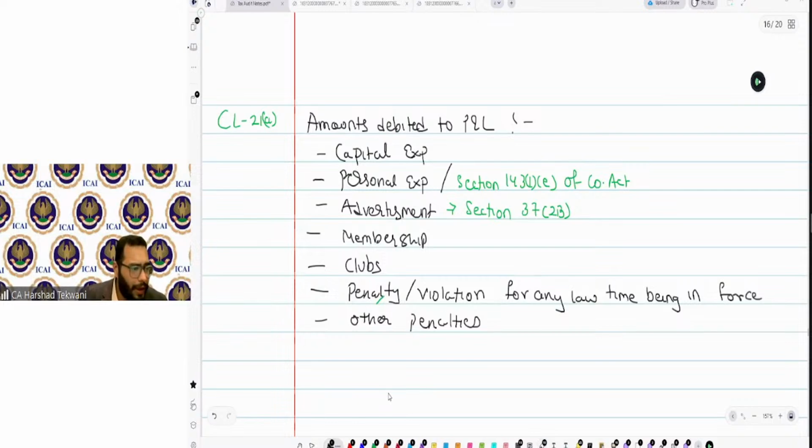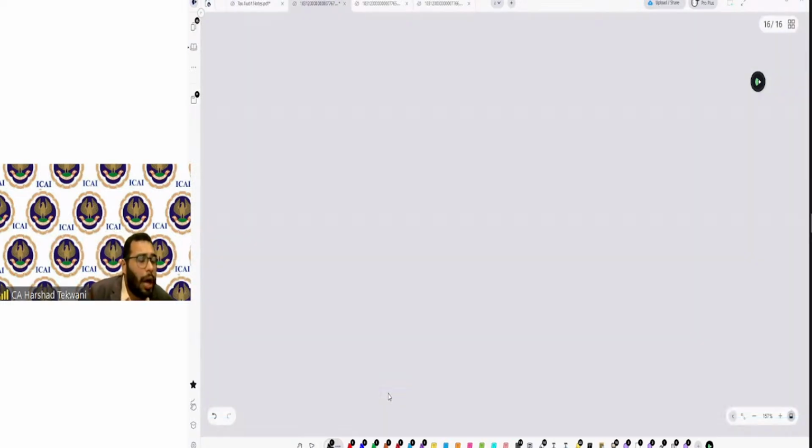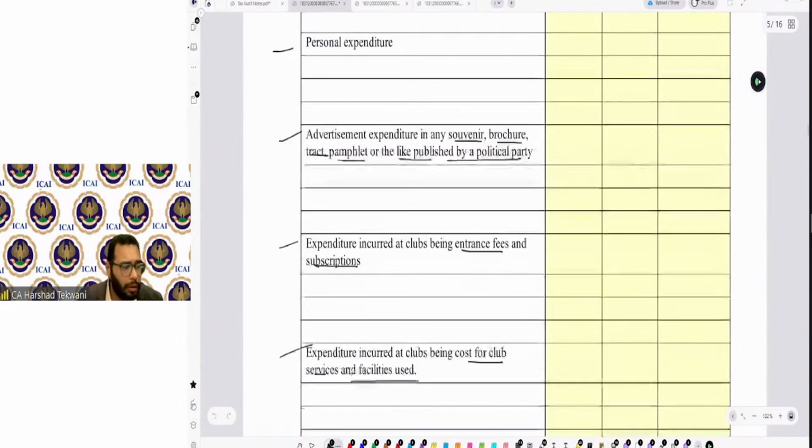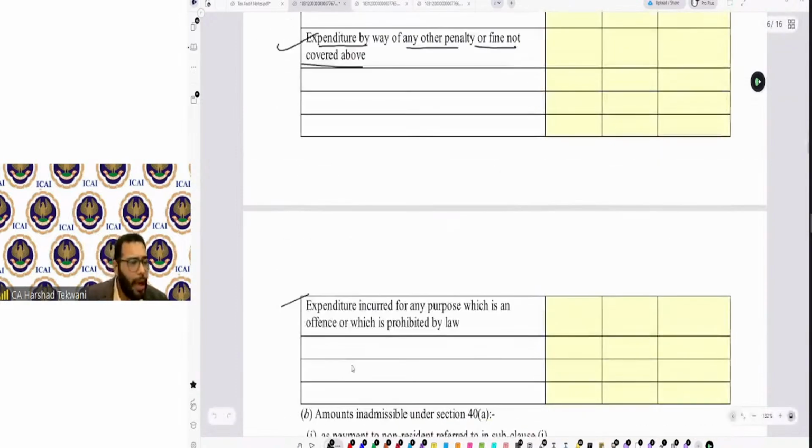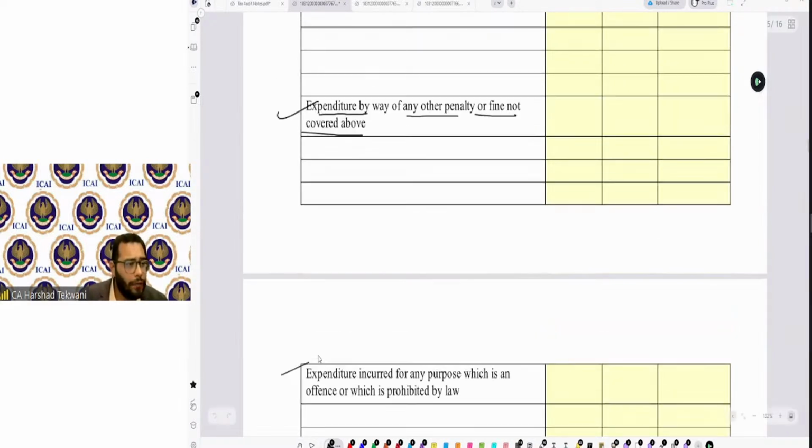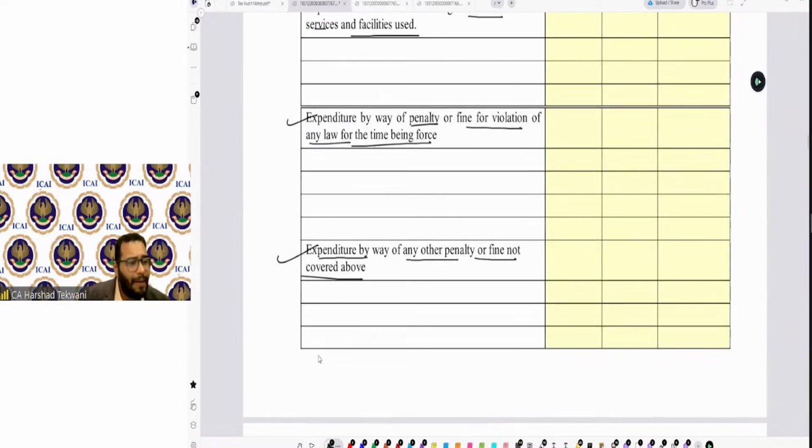this one, in the subclause where we are talking about penalty or violation based on any other law. But subsequent to that, there is another subclause which talks about other penalties, which are not covered above. Okay. So if you see over here, it talks about expenditure incurred for any purpose which is an offense or which is prohibited by law. Or if you see over here, expenditure by way of other penalty or fine not covered above means